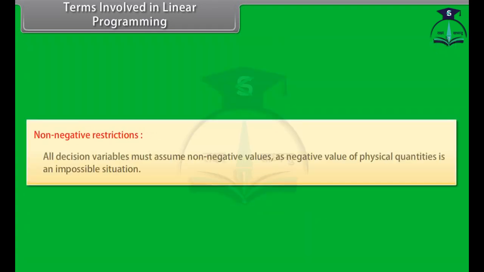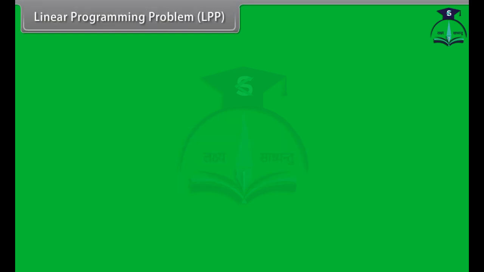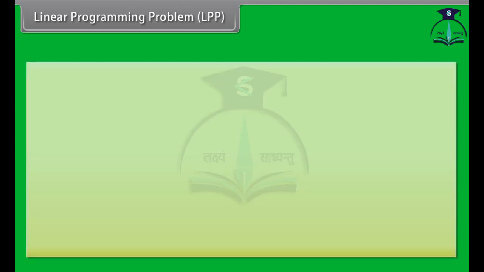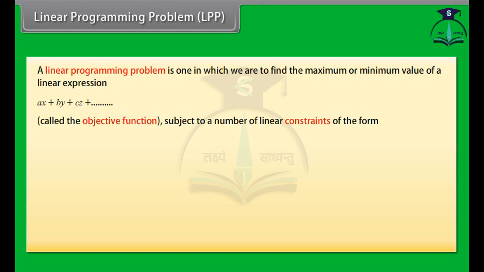Non-negative restrictions. All decision variables must assume non-negative values, as negative value of physical quantities is an impossible situation. Linear programming problem, LPP. A linear programming problem is one in which we are to find the maximum or minimum value of a linear expression, ax plus by plus cz plus and so on, called the objective function, subject to a number of linear constraints of the form ax plus by plus cz plus and so on till less than or equal to n, or ax plus by plus cz plus and so on till greater than or equal to